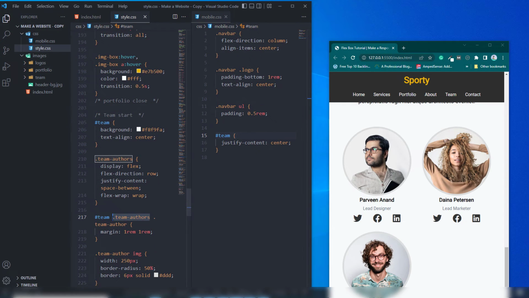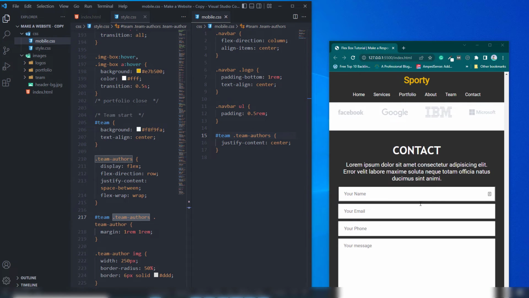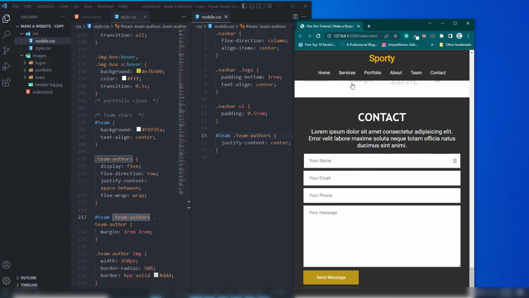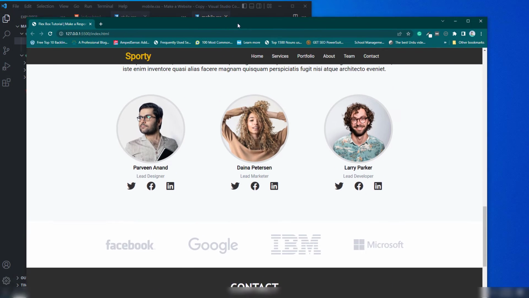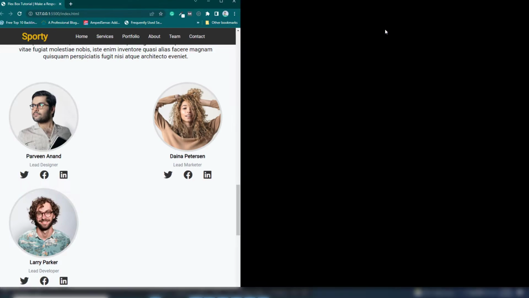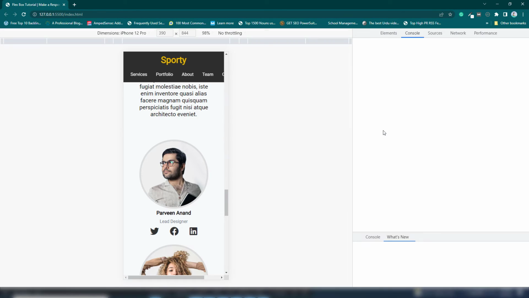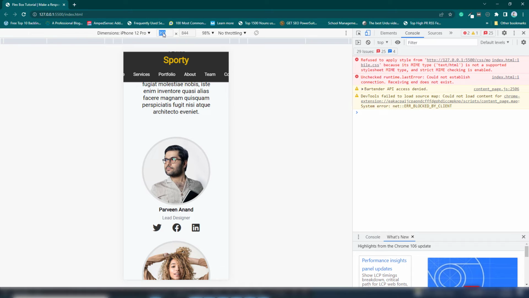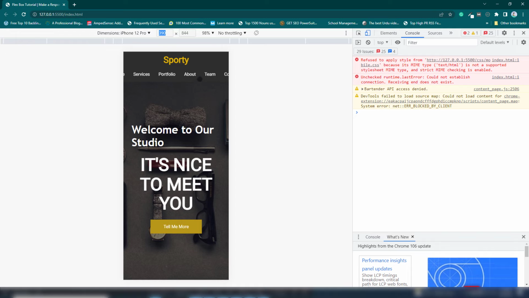Team authors. So dot authors. Perfect, right, guys? As you can see, so very simple. So this is our, right, so this is our small screen. This is a size we need to check inside Google Developer Tool. So 7, this is a small screen, but inside there,